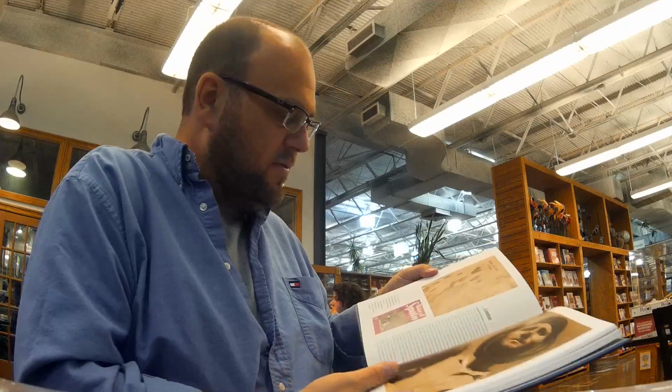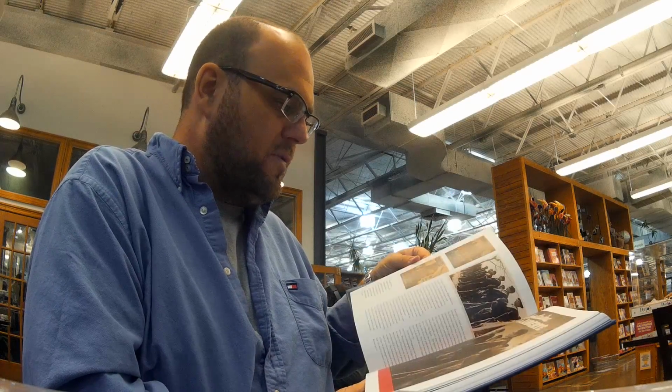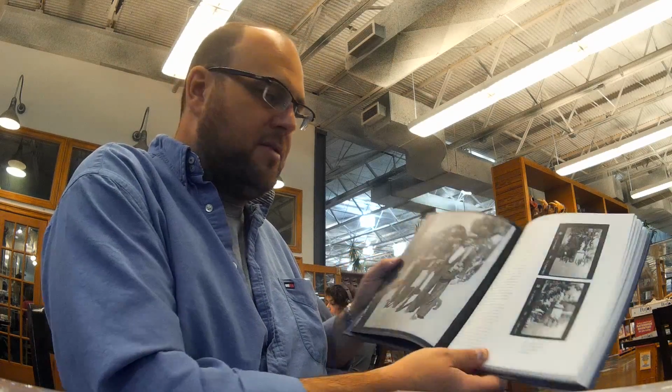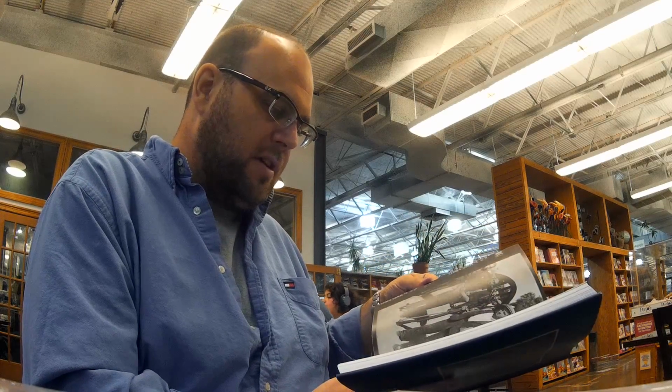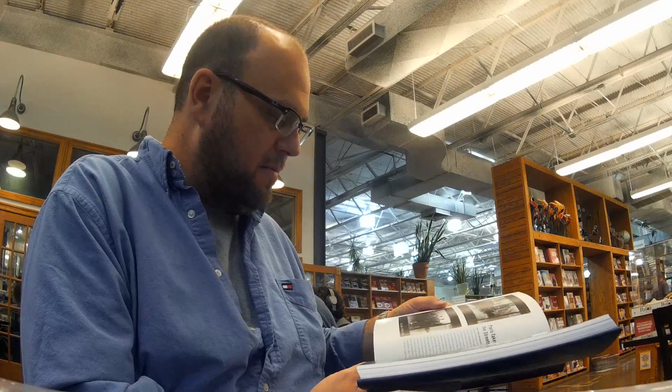Now, of your Capa books, is this one essential? This one is very much an essential book because it really covers the formation of who he became. Oh, look, it shows what we call tear sheets now, right? It's actual negatives, taken from real, true negatives that were found in his apartment, or an apartment that he had lived in at one point in time. Early street scene photos that really show the